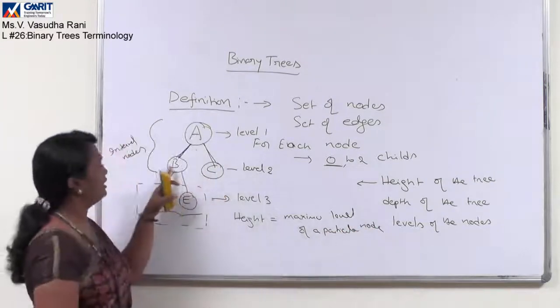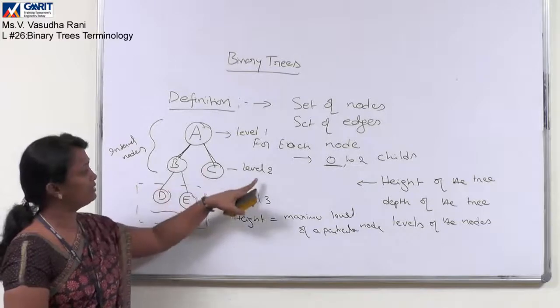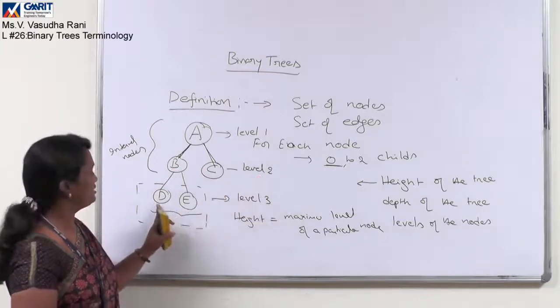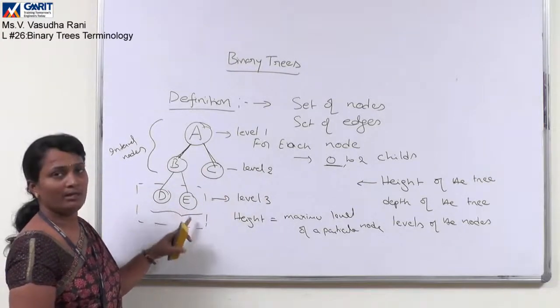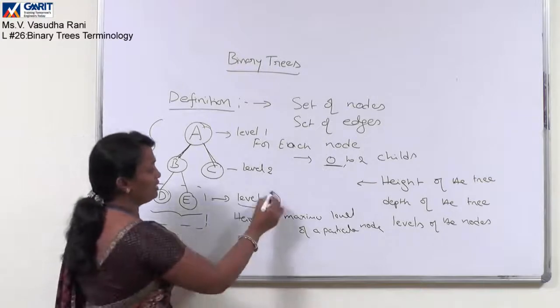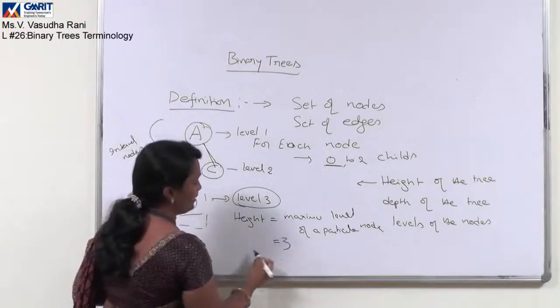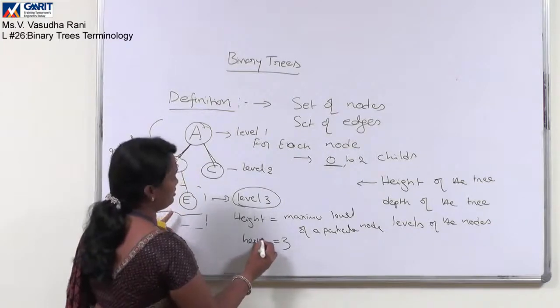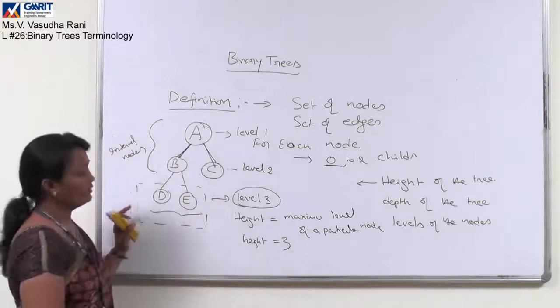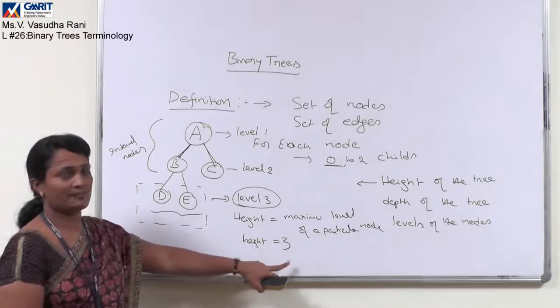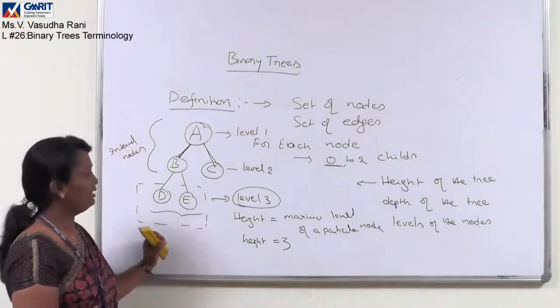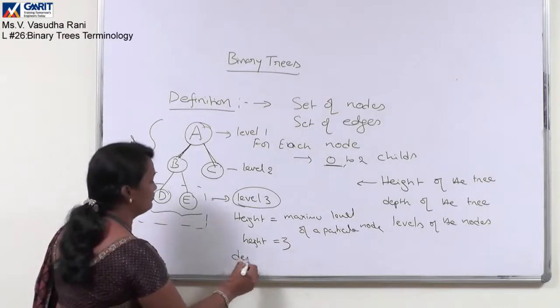Here if you consider B node is at the level 2, but if you consider D and E, they are at a higher level. This higher level, the maximum level, will be treated as height. So for this particular tree, the height of the tree is defined as the highest level, which is 3. Coming to the depth,